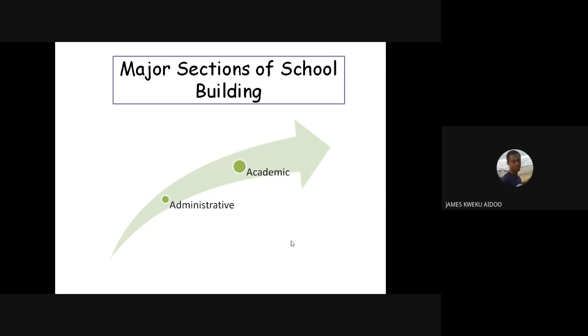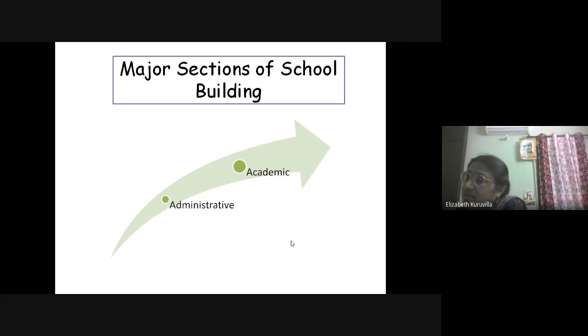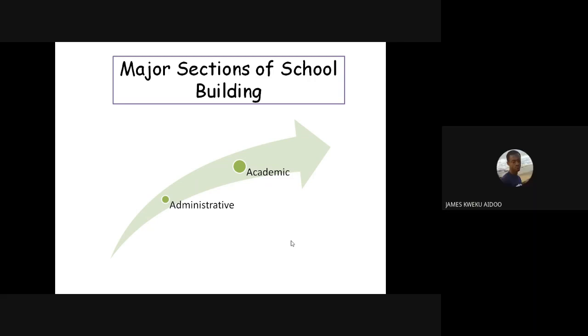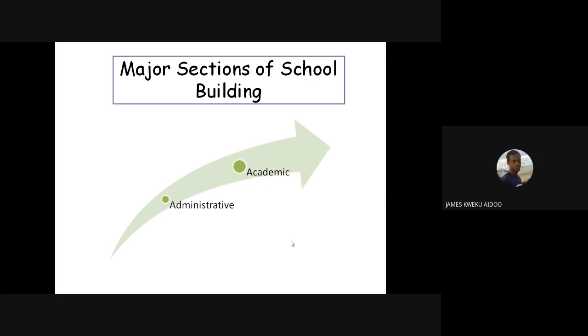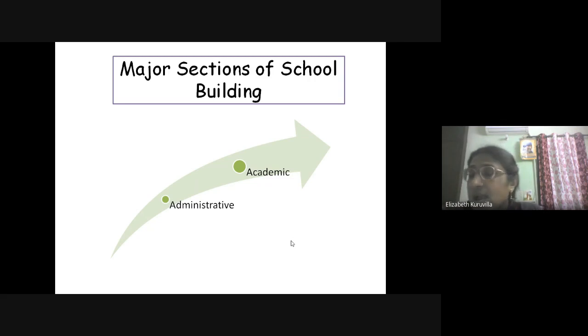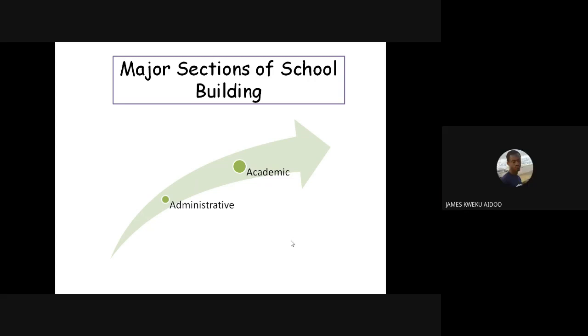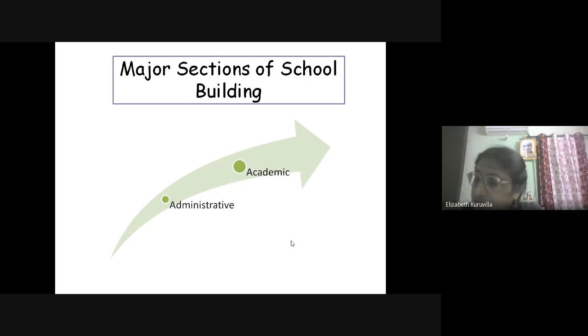The kitchen is under domestic. All the toilets and washrooms that we have are all under domestic. The washrooms for boys and girls are domestic. Kitchen, sorry, canteen is under the domestic. Okay. Yes. So I can see a vast difference between your situation and the Indian context in this domestic section. Then comes the administrative section.